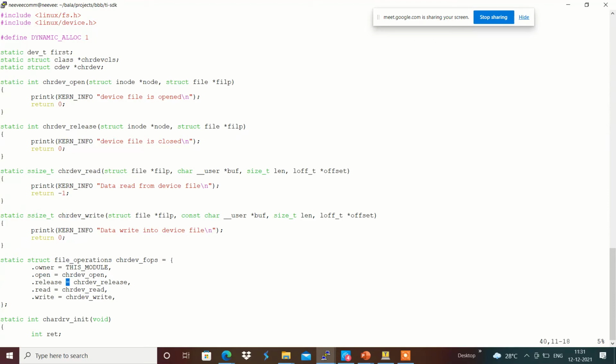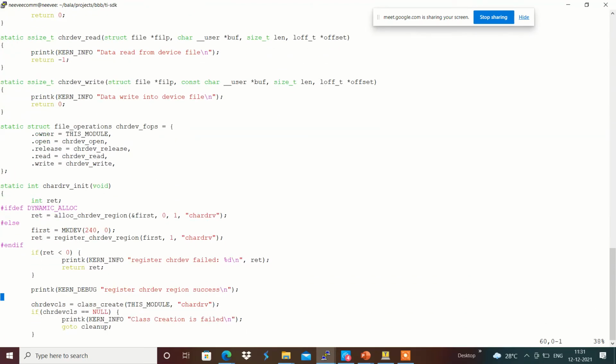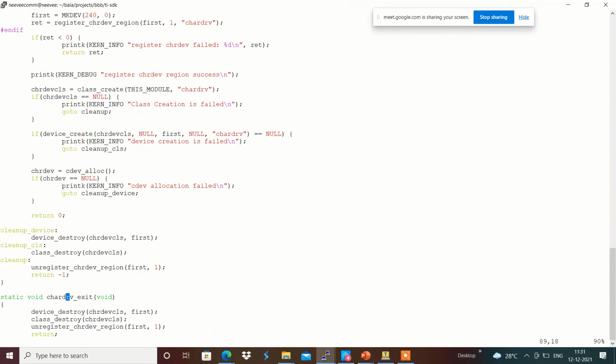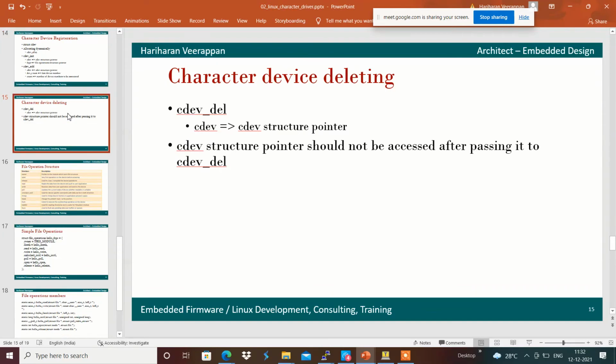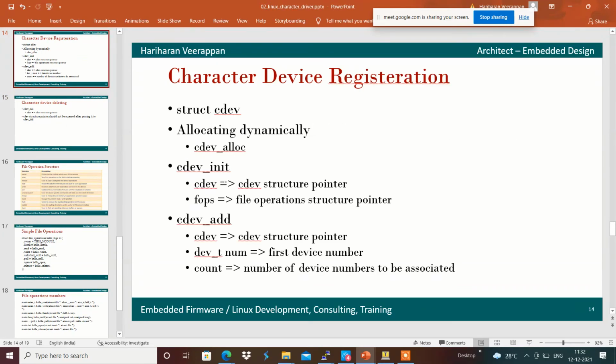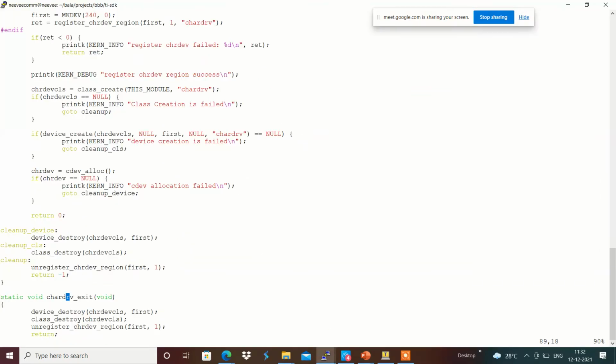Now we will link this file operation with the character driver with the help of the cdev add function. We are linking these file operations with the help of cdev_init.